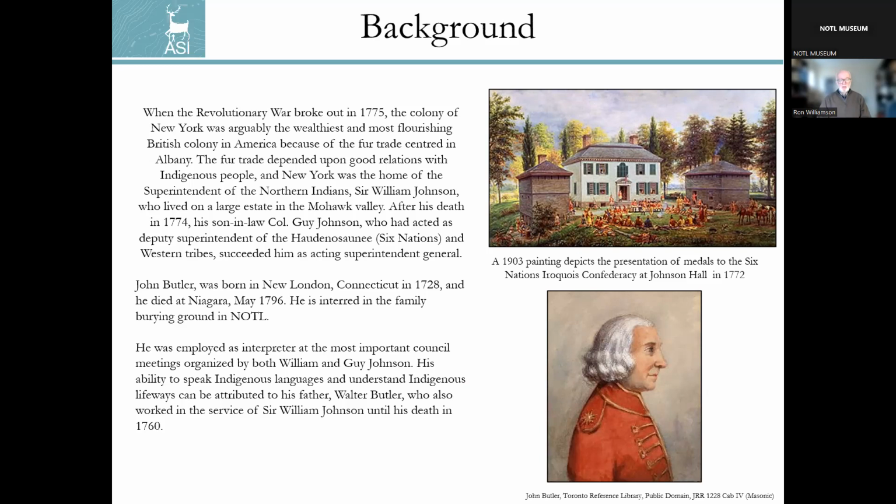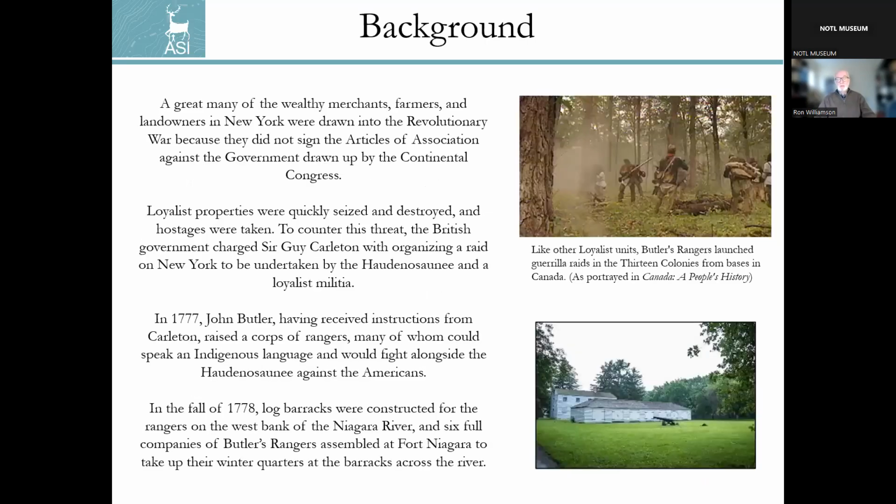And John was employed as an Indigenous interpreter because he could speak the languages, which was fascinating and so important for allowing the British to interact with their Indigenous allies. Of course,